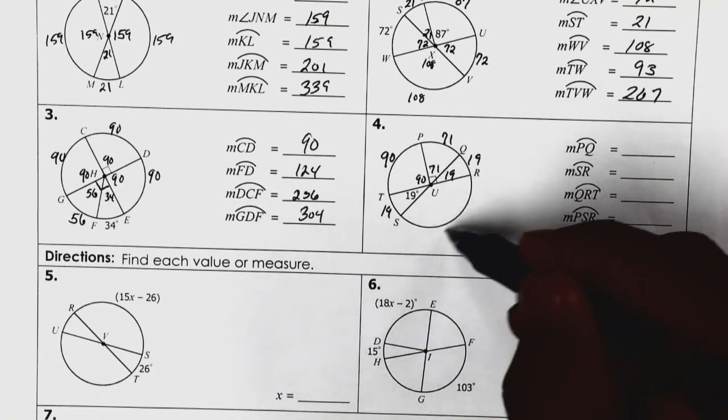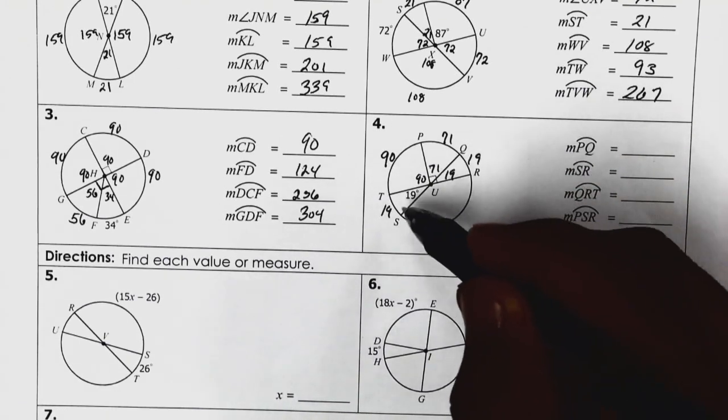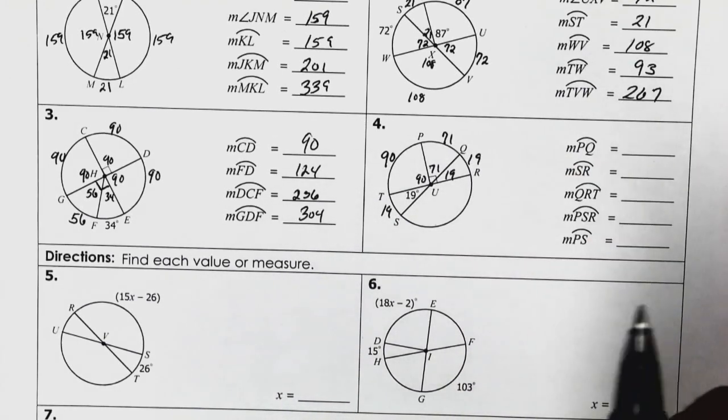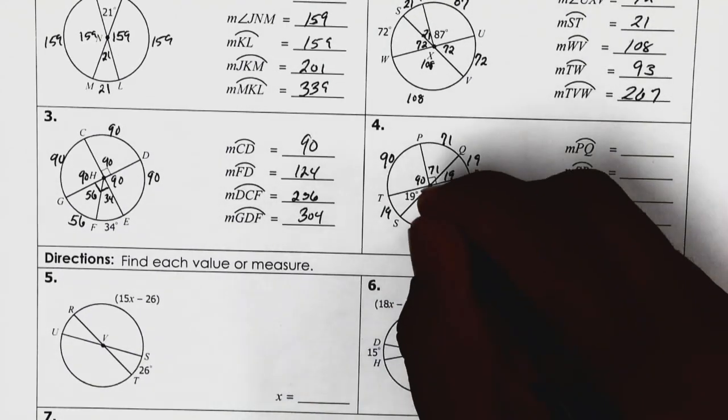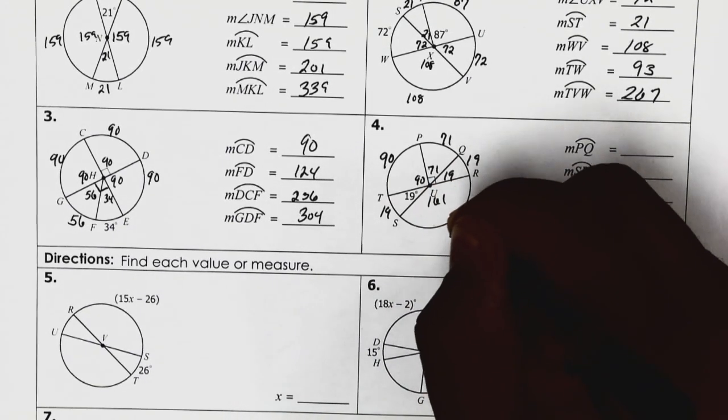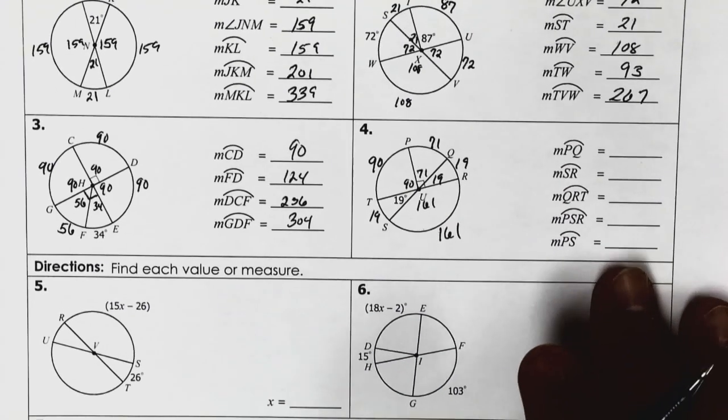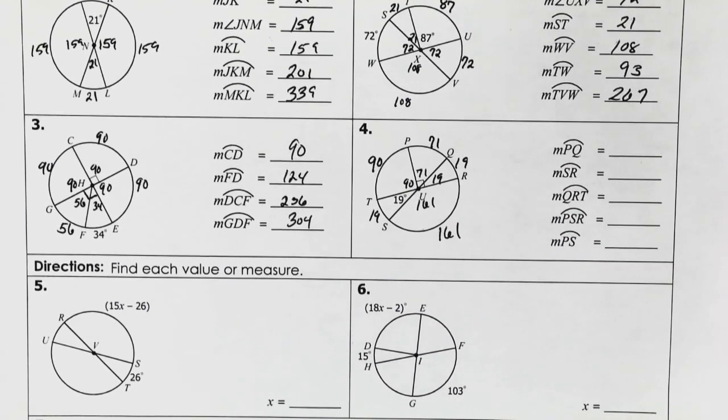And then finally, to get this last part, this big one, all we're going to do is just subtract all of these from 360 because the full circle has to be 360. So 360 minus 19 minus 90 minus 71 minus 19, which is 161, which means this arc is 161. There you go. So label all the parts of your circle and then